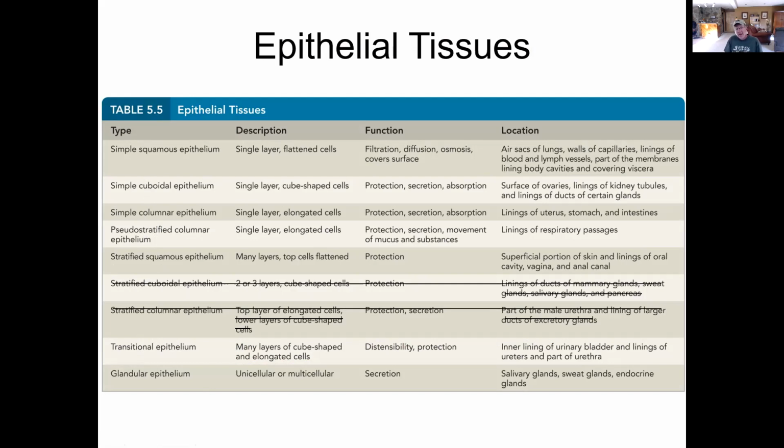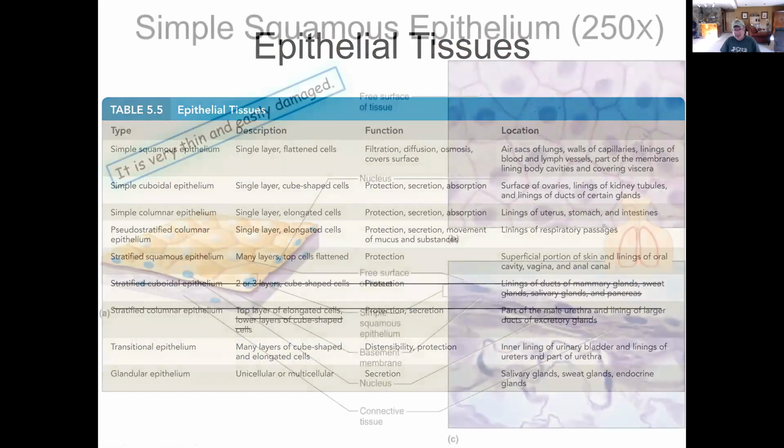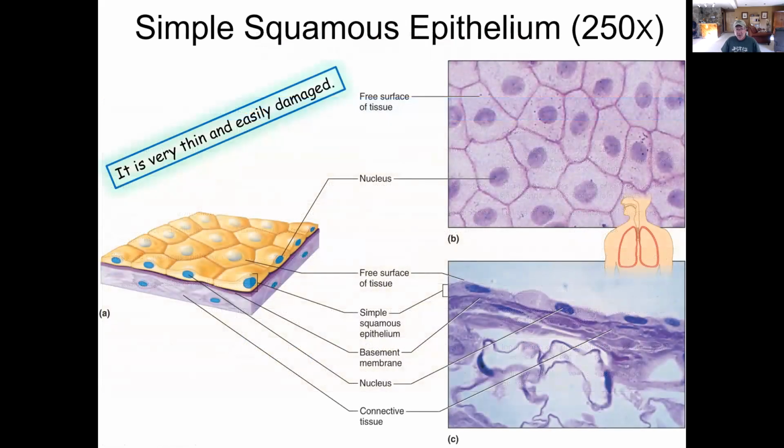So again, focus on the names, the arrangement, and the shape of the cells. We will begin to also learn their function and just as important, where in the body do I go to find these different kinds of epithelial tissues. So let's start off with simple squamous, which is really the simplest of the 7 or so that we're going